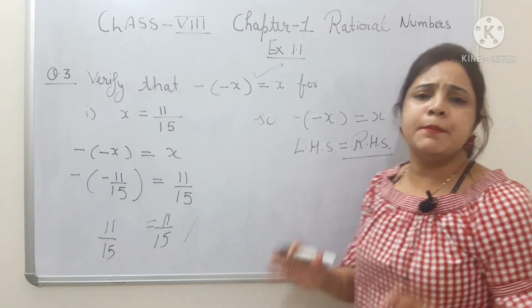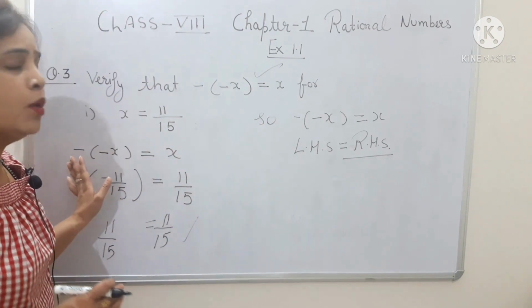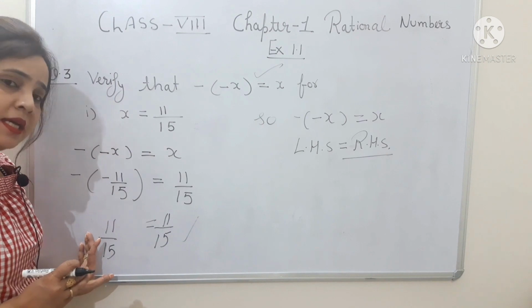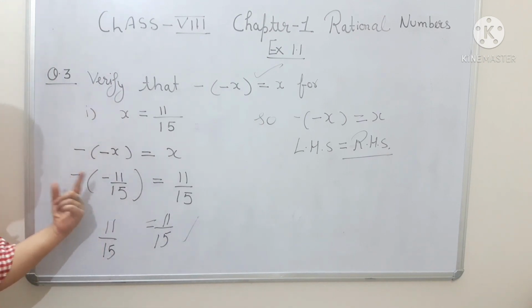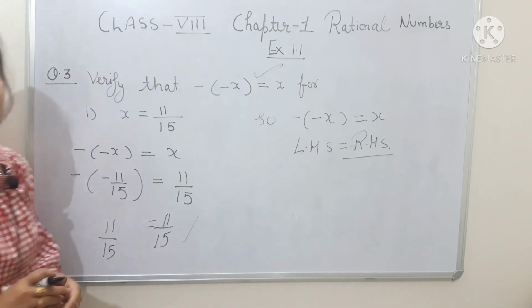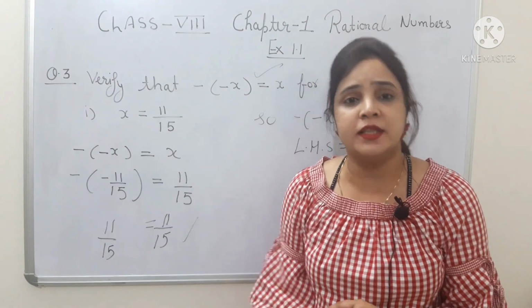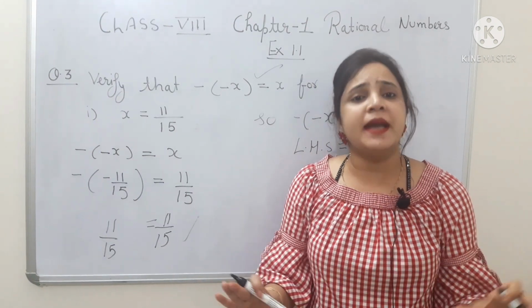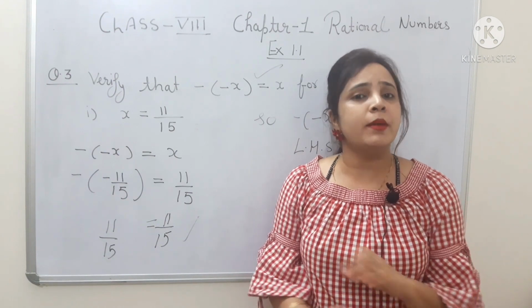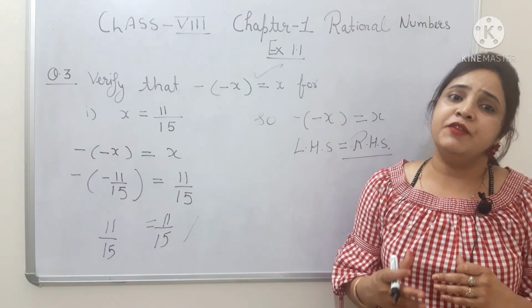It was quite simple if you know the concept of integers. In case of integers, we know minus into minus is equal to plus. That's why here minus into minus I have written as 11 upon 15. So सब concepts आपके previous clear होने चाहिए so that you can move further easily. Maths is all about the concepts. It is not about the cramming. If your concepts are clear, so you can easily do the things in a very good manner.